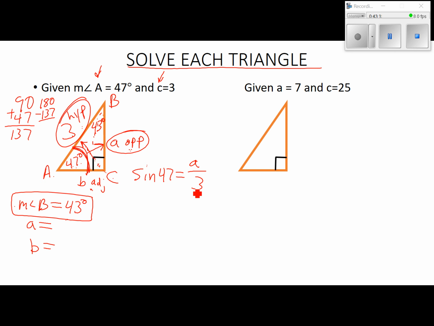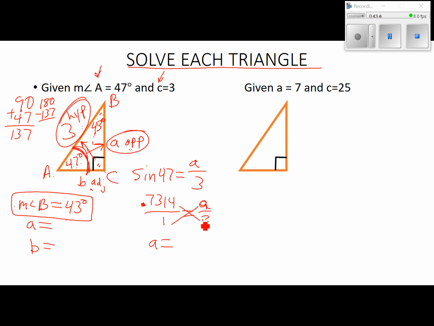Punch in our calculator, sine 47, not second, because we're not finding the angle. We're just punching in sine 47, so 0.7314 we'll say. We're going to put that over 1. A over 3 still, that's an A. We cross multiply, we end up with A equals,